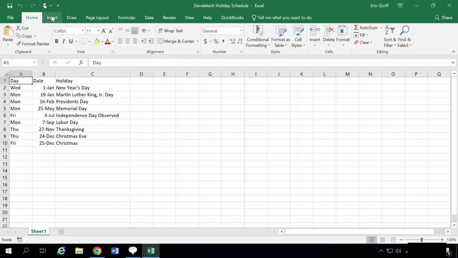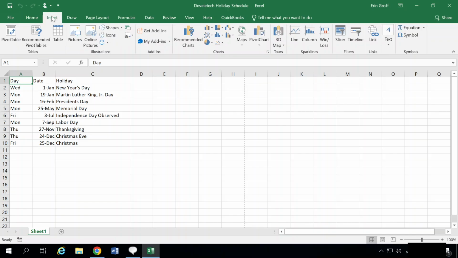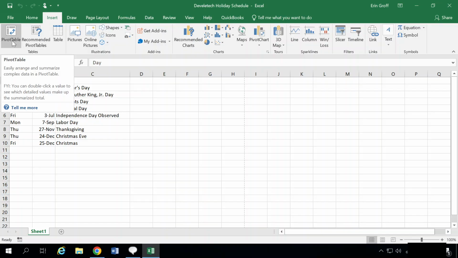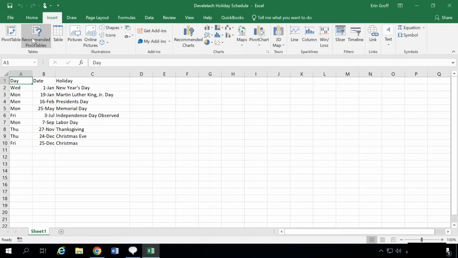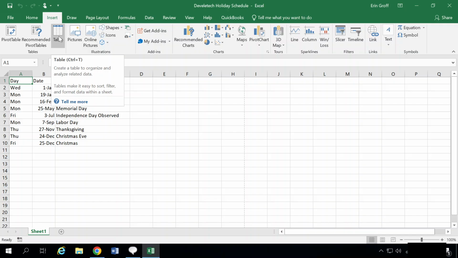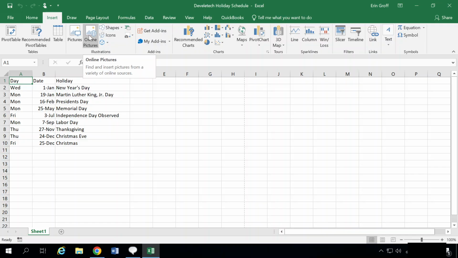We're going to select the Insert tab next. View the screen tips for several commands in each of the command groups. Here in our tables group, we have pivot table, recommended pivot tables, our table, creating a table with the keyboard shortcut Control T. We have inserting a picture from a file, inserting an online picture,